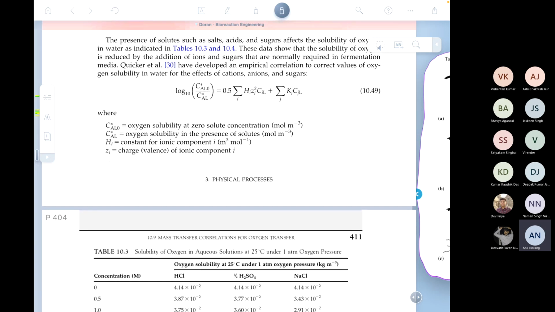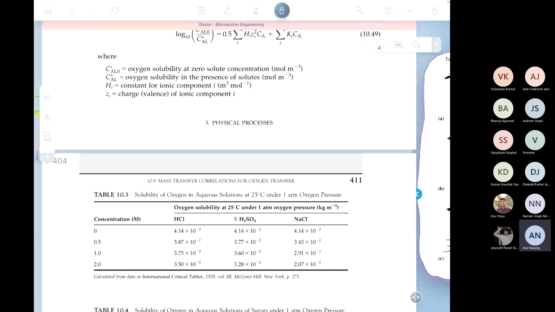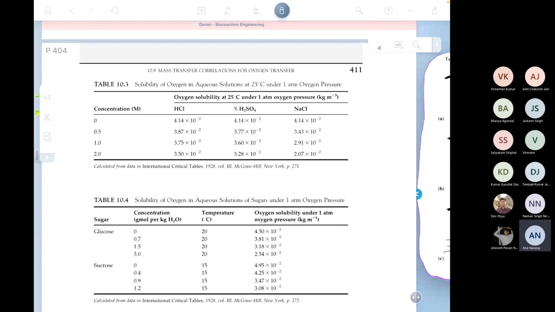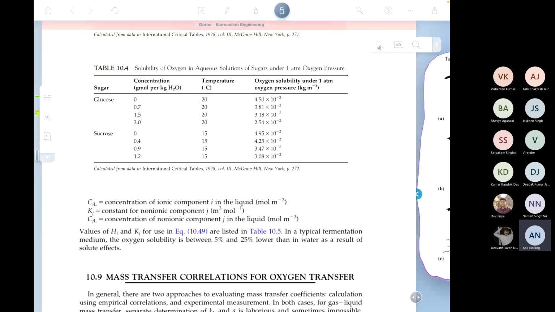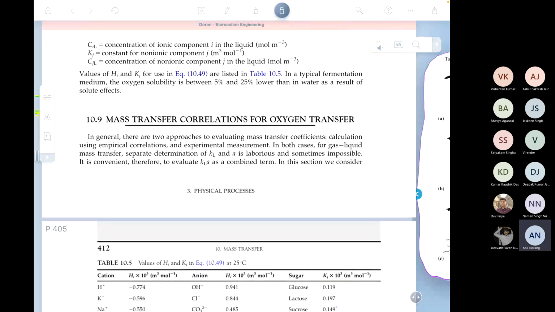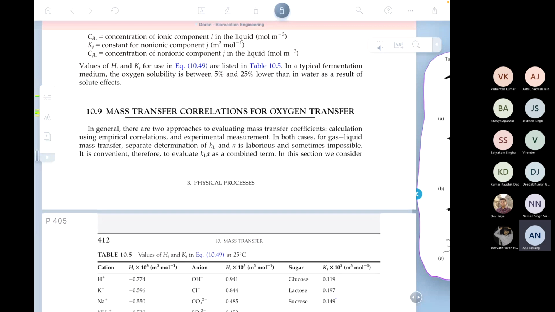Maybe we don't want to go there, but the bottom line is that as you add different kinds of salts to the medium, the solubility typically goes down. This is shown in tables 10.3 and 10.4. So that should get you familiar with the fact that this CO star,